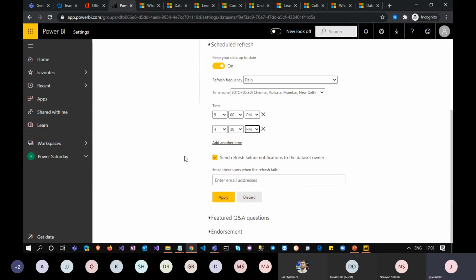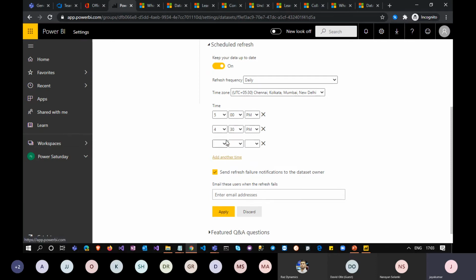There is also a limitation here. You should be able to configure only 48 times. You cannot configure more than that. That's why we have only two options here: 48 time combinations only, per day of 24 hours, every half an hour. That means every half an hour you should be able to refresh your data. I think that's pretty much enough, right? So refreshing your Power BI data every half an hour. And also, if there is any problem while refreshing your data, it can be reported to someone else in your organization, so you can make sure that it is addressed.